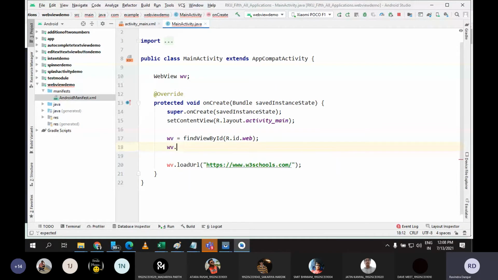What is the method? I just forgot that method. I think it was set JavaScript or something.